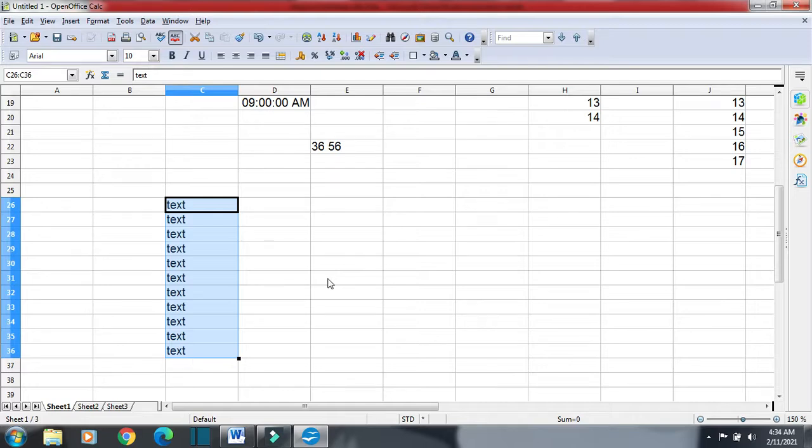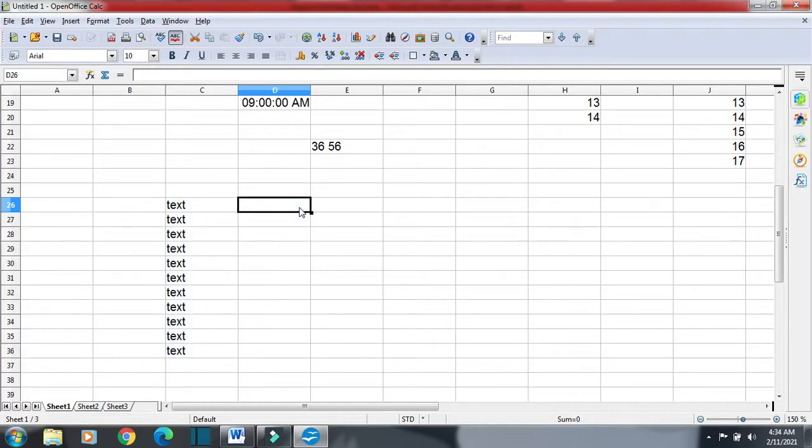But if you have a number, such as 1, and you use the fill handle here, it will change the data, giving increment 1. You can see 2, 3, 4, 5, 6, 7, 8, 9, 10 like this. So if you have a number, how can you fill the same number?